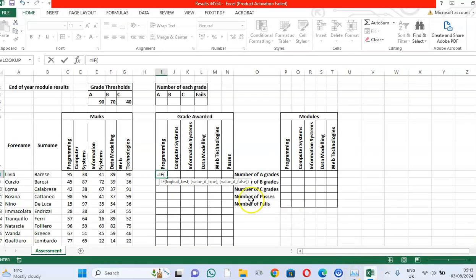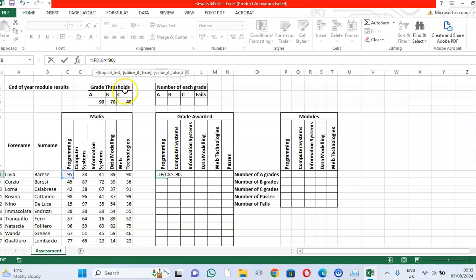So this, we are looking at the programming mark. So if that mark is greater or equal to 90,